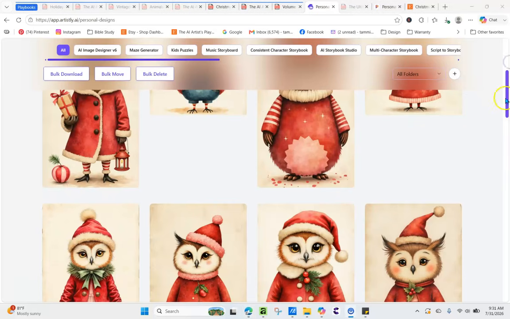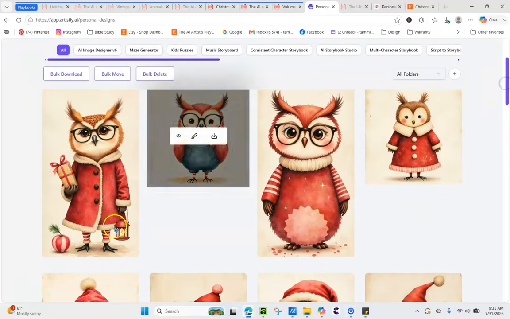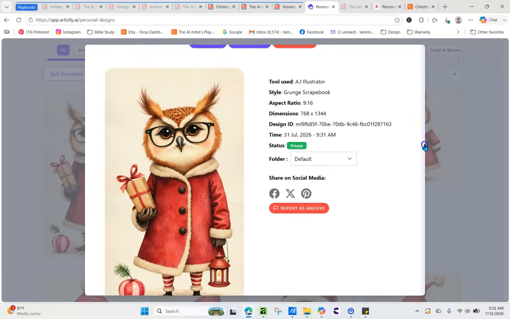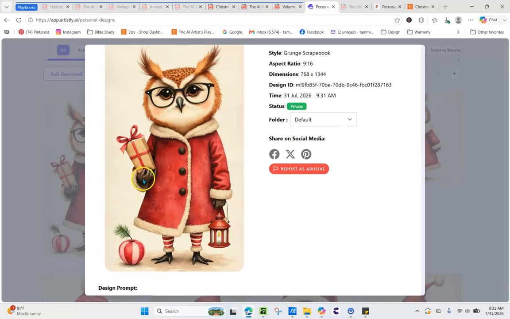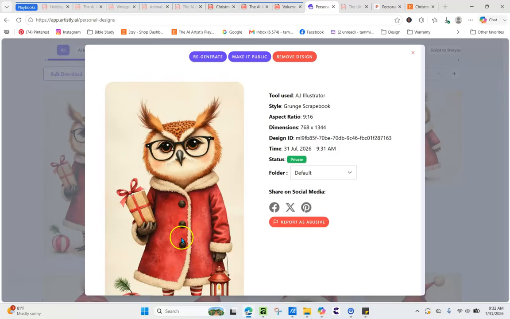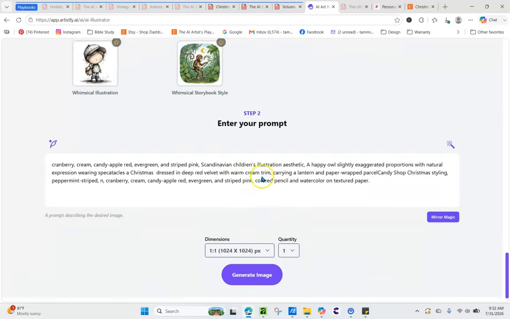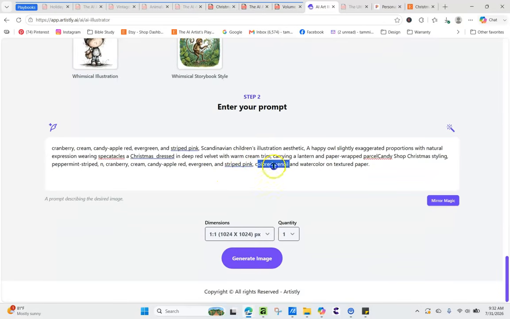Okay, so now let's see. Look how cool. So now we've elevated it that much more. We've added it, and now we have a character with the lantern and all this other. We can go in and work on the order, because it kind of seems like it's getting away from the art style. So we can actually take this